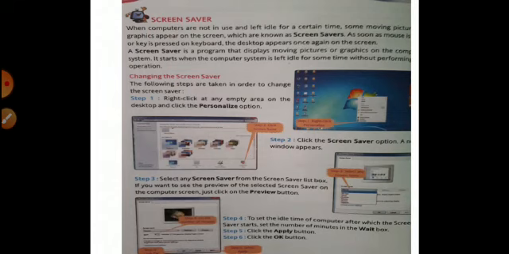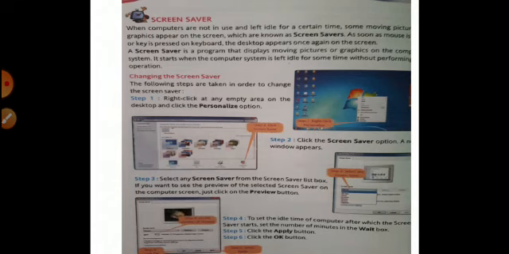And the desktop background of our computer changes according to the selected options. Okay, now come to page number 34, and our today's topic is screensaver. I already told you something about screensaver. So what is it, students? Tell me. Yes, sometimes when we are using our system and we leave our computer as it is and go for some other work, some moving pictures or graphics appear on the screen. Okay, these are the screensavers.